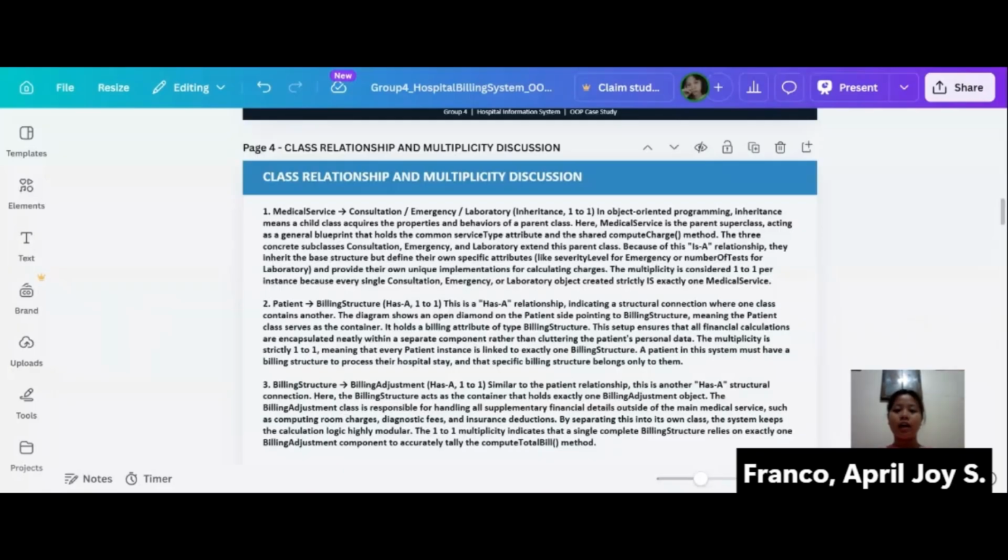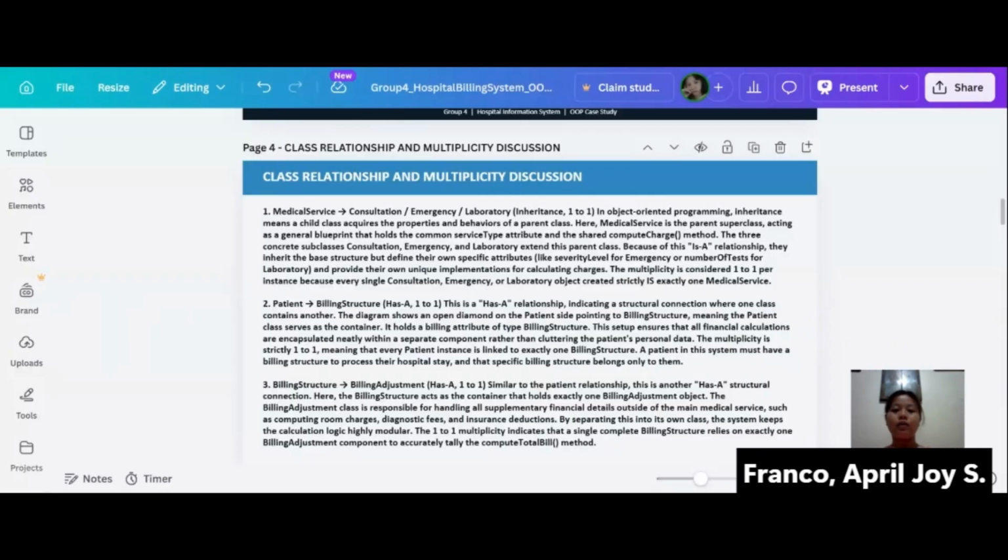For the inheritance, is-a relationship, we begin with the inheritance structure. The MedicalService serves as our abstract superclass, which is extended by three concrete subclasses: Consultation, Emergency, and Laboratory.